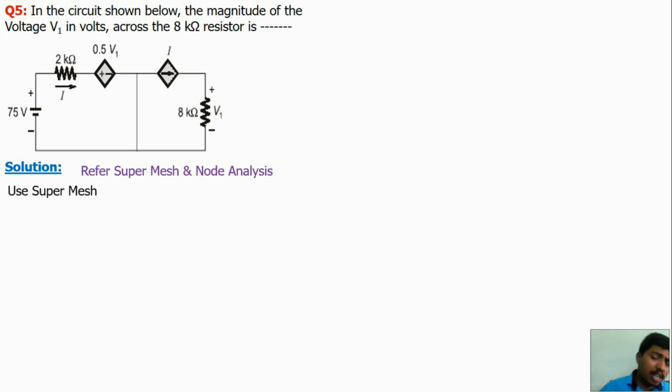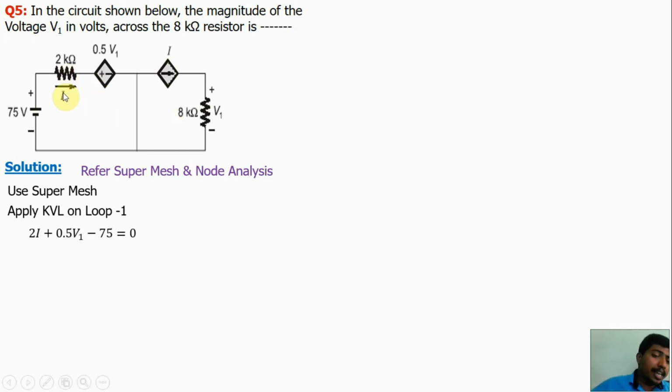By the supermesh concept, if a loop has a current source, we cannot apply KVL for that loop. In loop 1, there is no current source, it only has a voltage source. So we can apply Kirchhoff's voltage law for loop 1. But loop 2 has a current source, so we cannot apply Kirchhoff's voltage law for loop 2. So first apply Kirchhoff's voltage law for loop 1. We will get